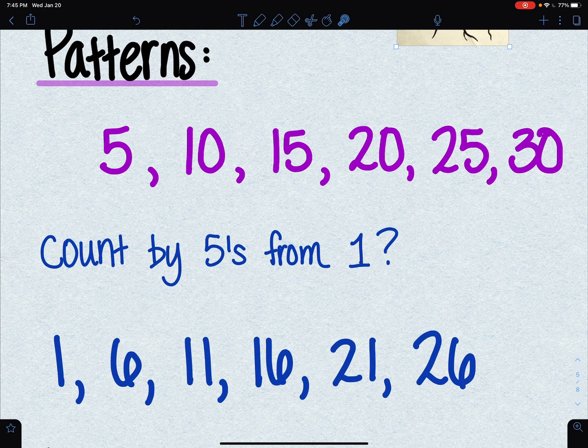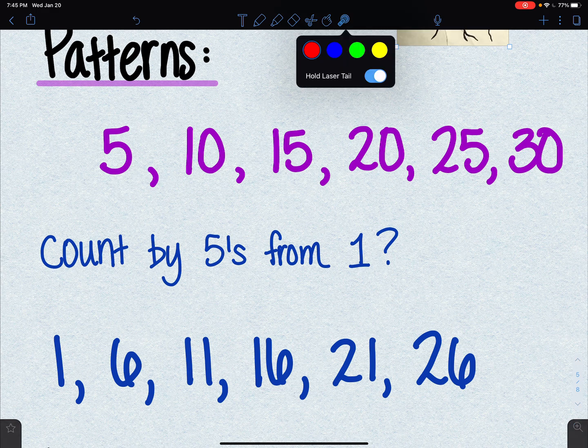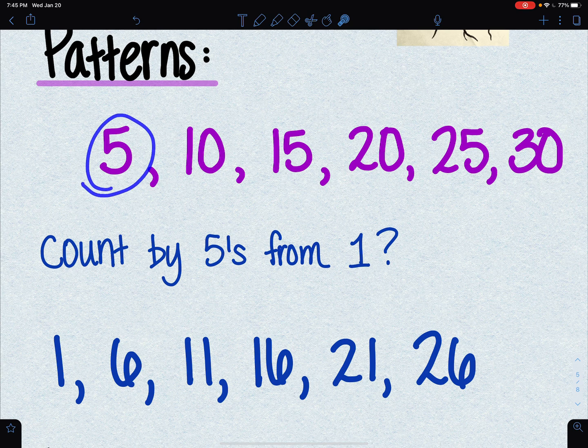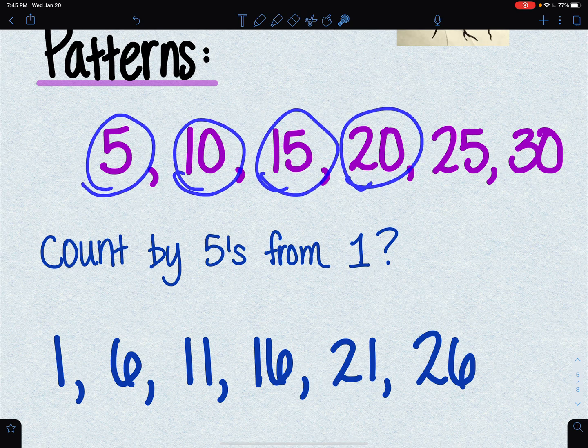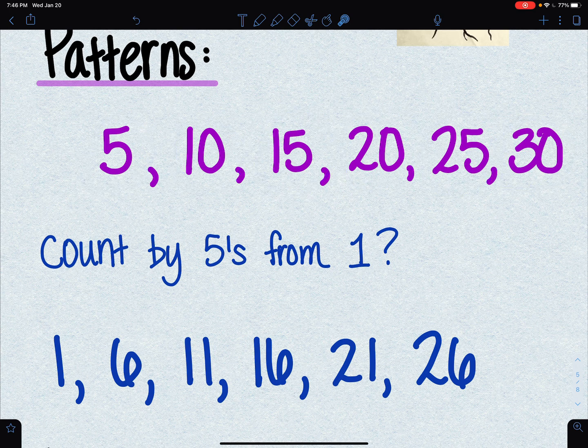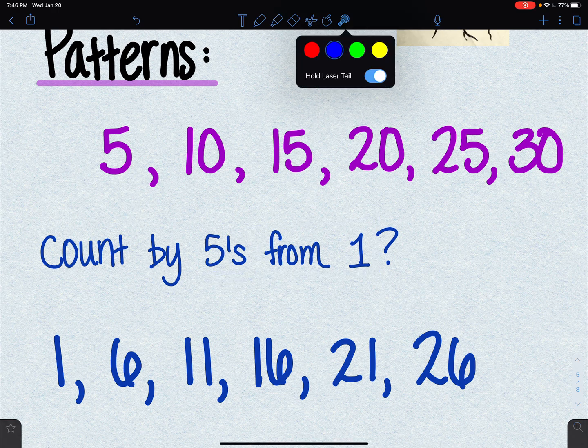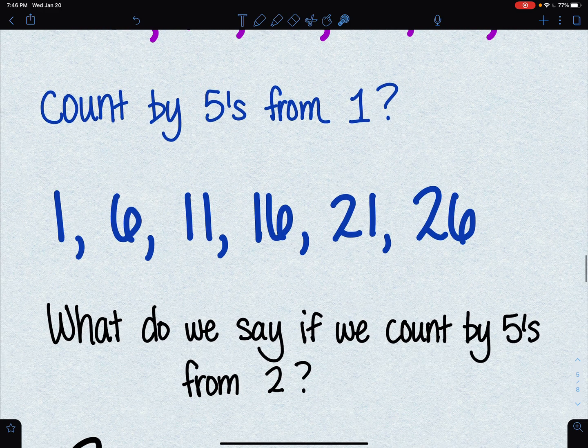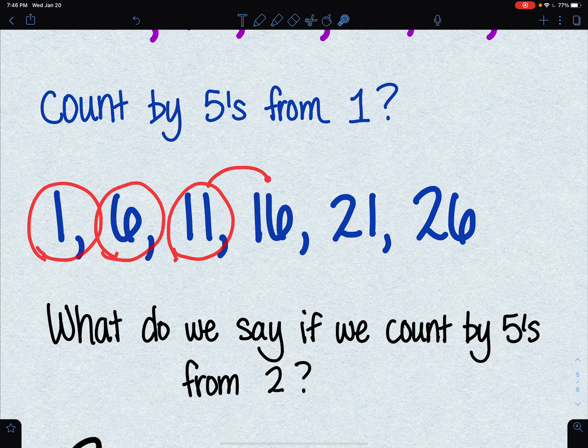Okay. So it says at the beginning, counting by fives from 5, we say this sequence, okay? So we're going to look at this. We say 5, 10, 15, 20, 25, 30, and you're used to doing that. But what if we count by fives starting from the number 1? If we start with the number 1 and then we add 5 to each number, we're going to say 1, 6, 11. See how I'm adding 5? Each time I go to the next number, I'm adding 5. 16, 21,